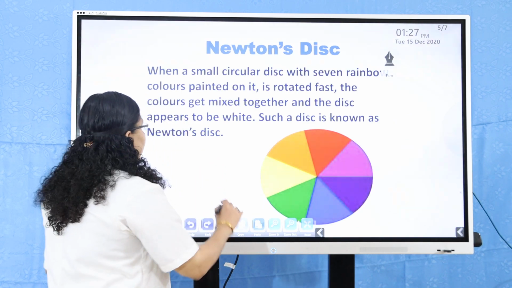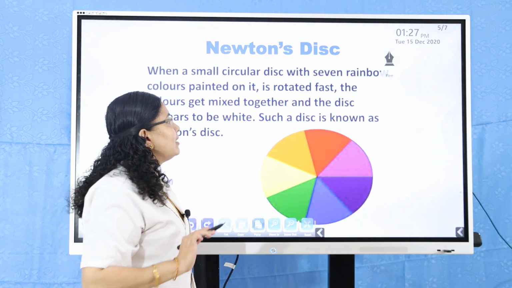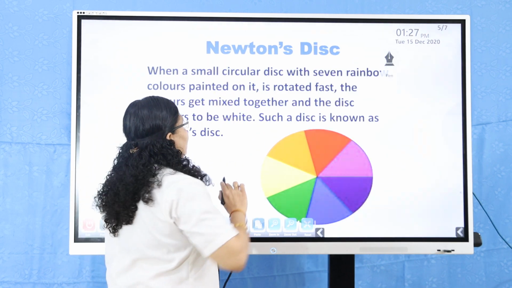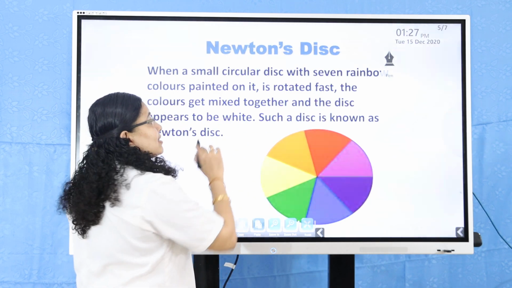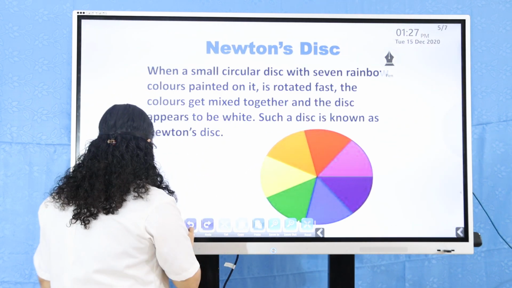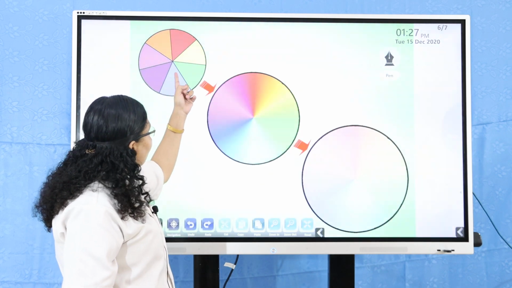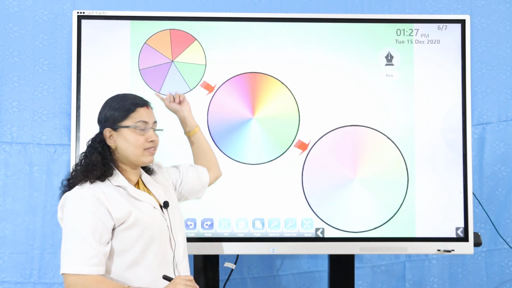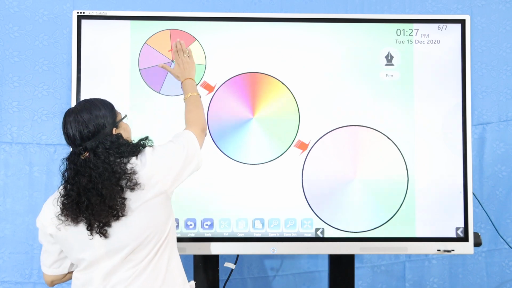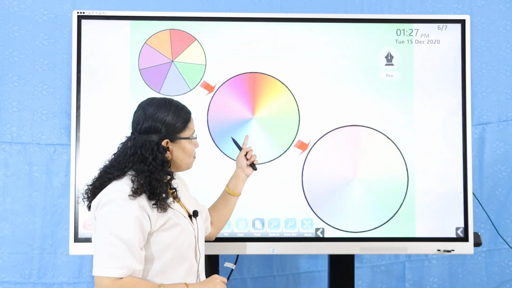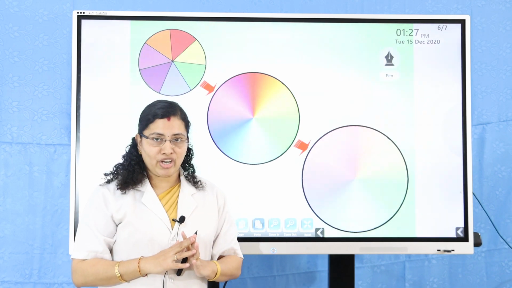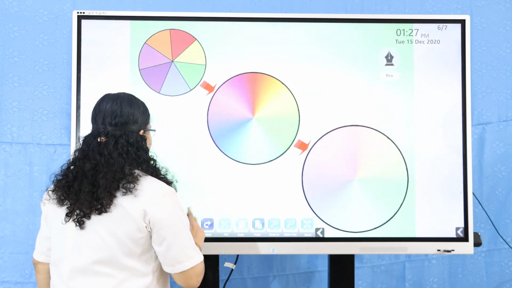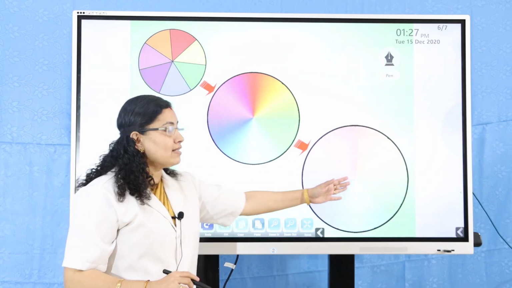So when a small circular disc with 7 rainbow colors painted on it is rotated very fast, the colors get mixed together. First you can see separate colors, and then they mix, and finally you will see it as white in shade.